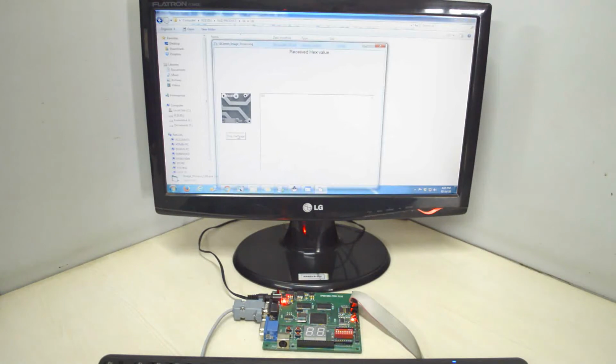Now we have received input image 1. Now we will receive the input image of the faulty PCB.